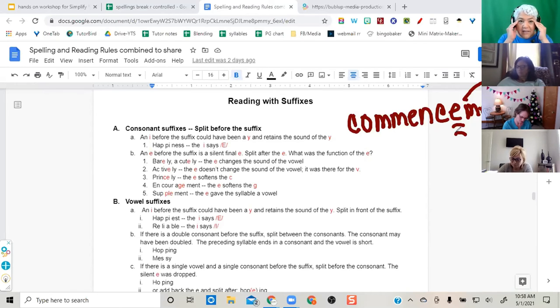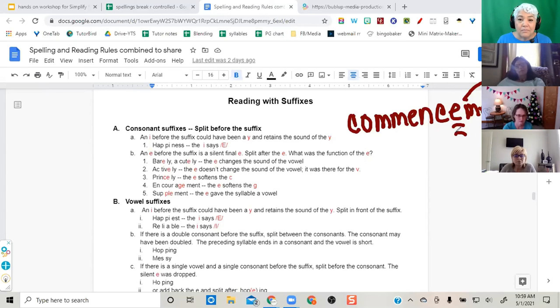If there was an I, that I used to be a Y. If there's an E in front of it, it's a silent E. It's at the end of the previous word. What was it doing at the end of that previous word? Figure it out. Okay, if you have vowel suffixes, an I in front of the vowel suffix used to be